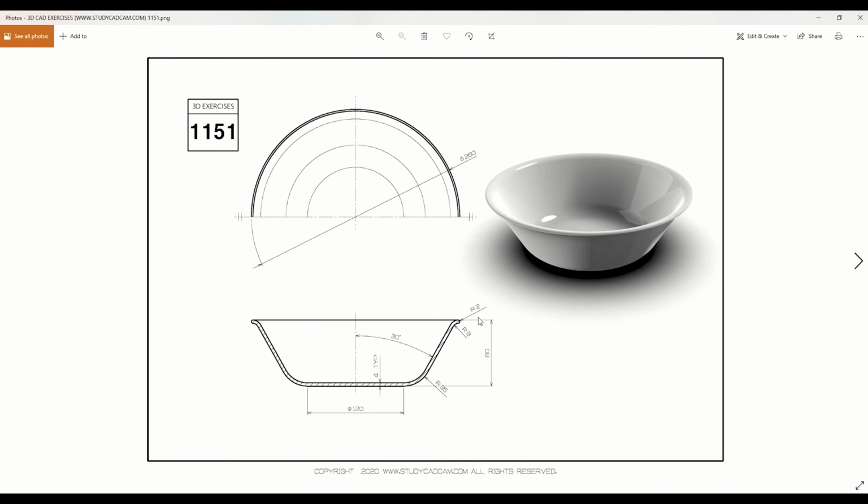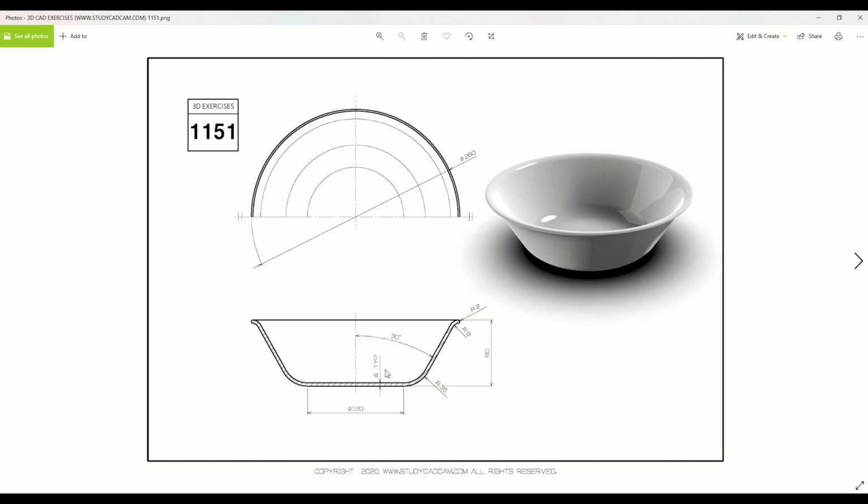See here they have given one more radius, 2, and they have given 4 mm thickness for the entire sketch, right? 4 mm thickness. Typical means every portion has the same thickness. So here also 4, here also 4, and every corner has 4. So instead of adding the end diameter, I mean the outer diameter,